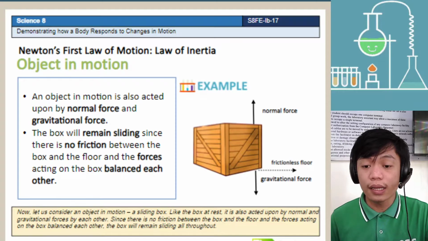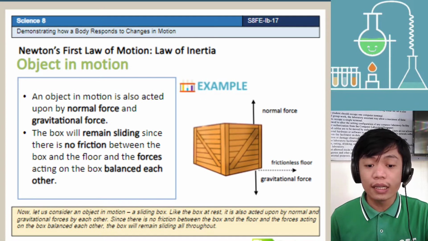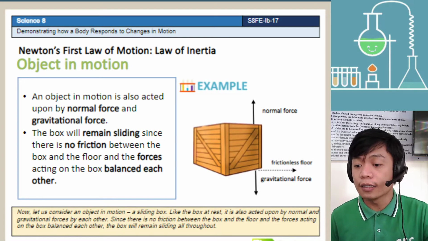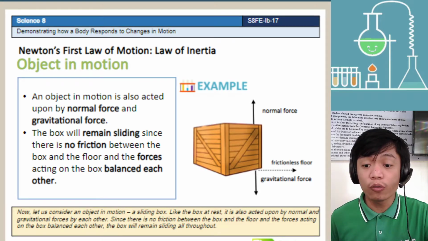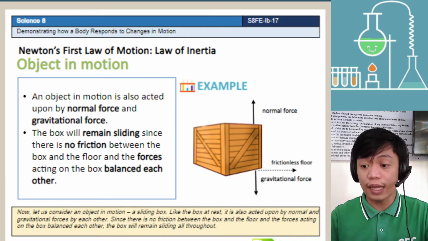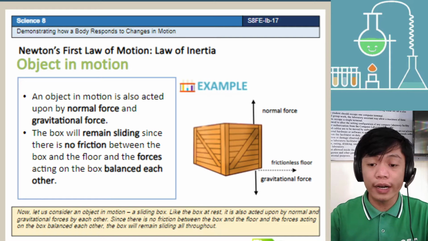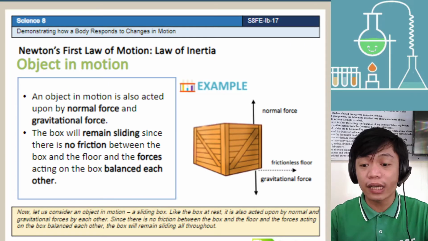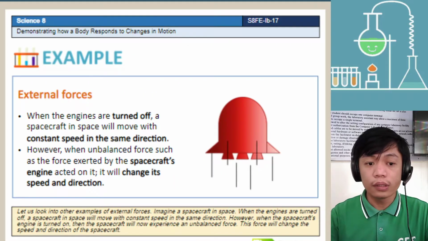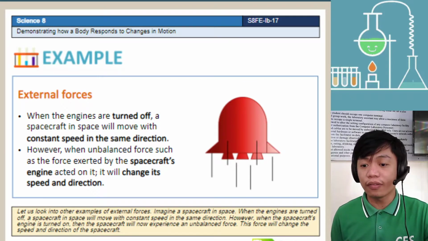allow or inhibit, or it will stop a moving object in constant motion. So it changes the speed, or for example, it slows down the objects in motion. So an example of this is,